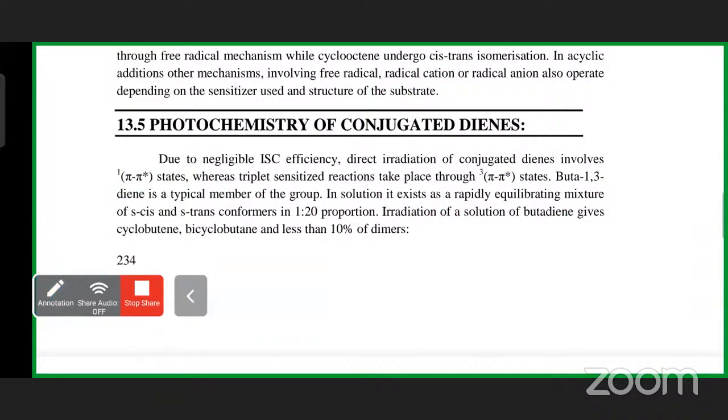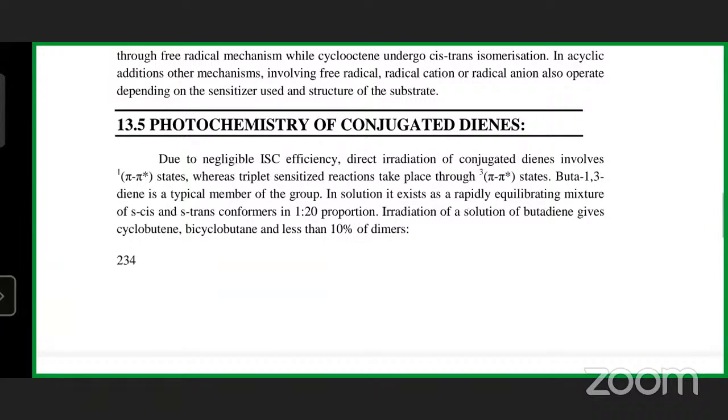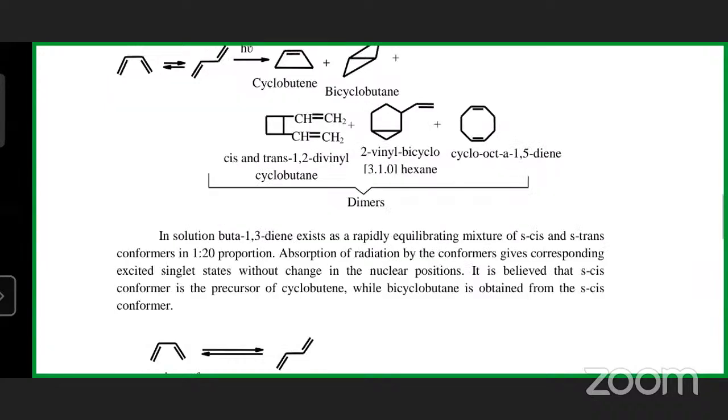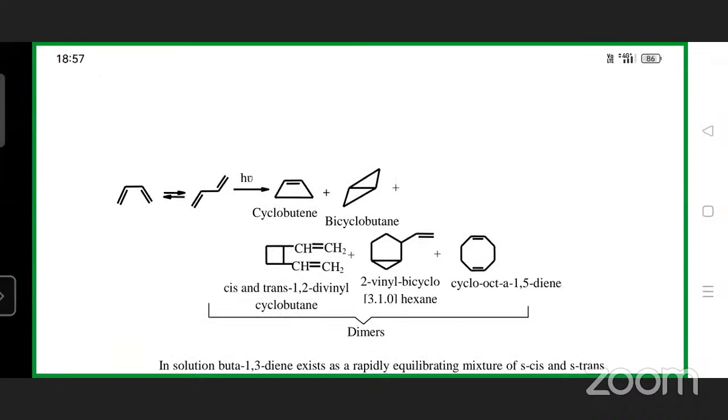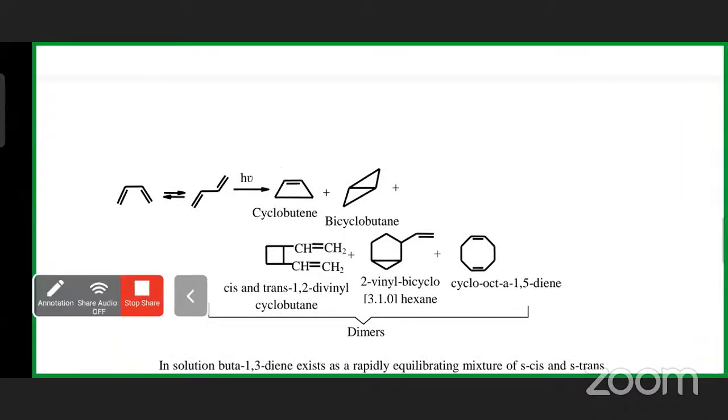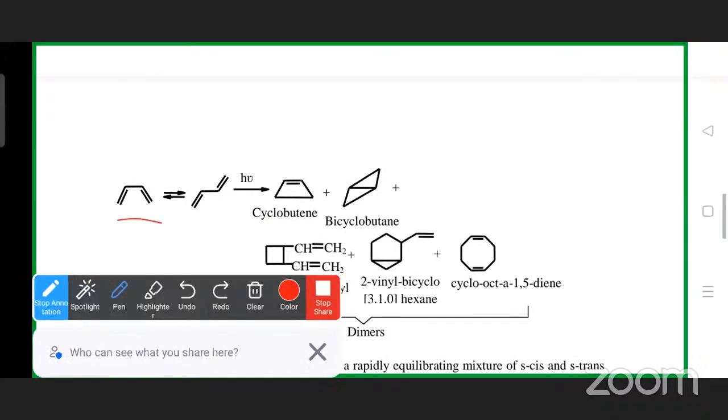Here the butadiene is gaining energy from triplet sensitization, and it is giving various products. You see these reactions. Upon isomerization, this butadiene is also the same butadiene, and upon the photochemical reactions, it is going to form various products, like cyclobutene and